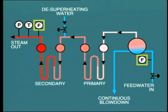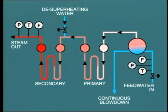Any difference may be accounted for by continuous blowdown from the boiler, which is effected in order to control the chemical condition of the water. This subject will be dealt with in the next module in this series. We also need to know the temperature of the water entering the boiler so that we can check its enthalpy for efficiency calculations. Feed water pressure after the feed water control valve will be virtually the same as pressure in